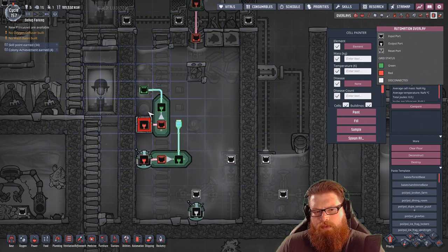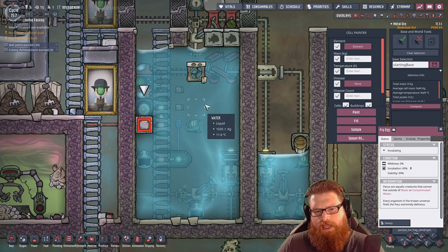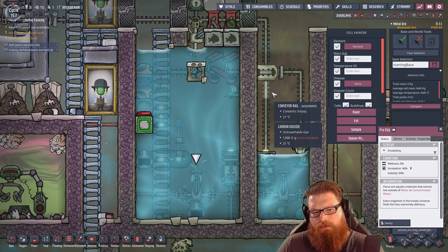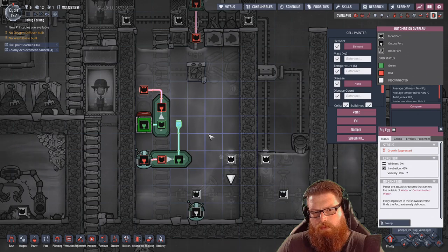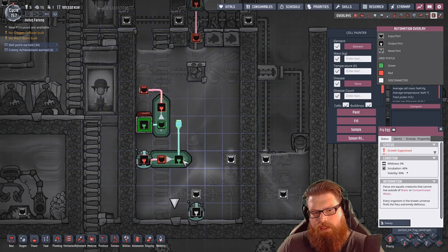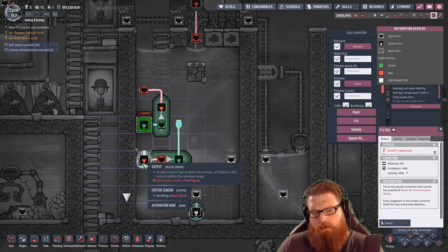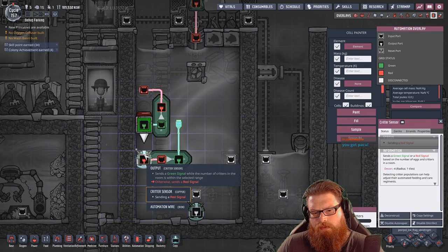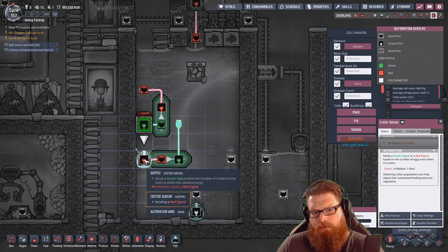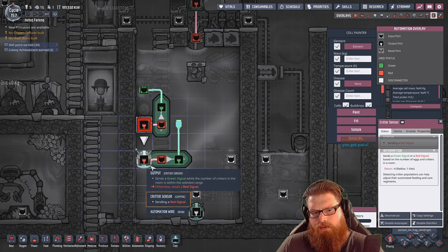That would now work. Once the egg hatches and swims off, it's going to want another egg, which gets dropped into here. Right, but now this is currently off. This is looking for 2 critters. Once it gets 2 critters...